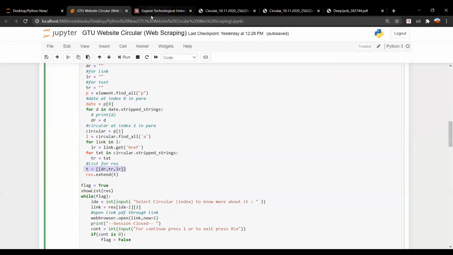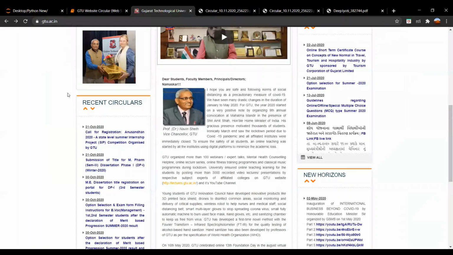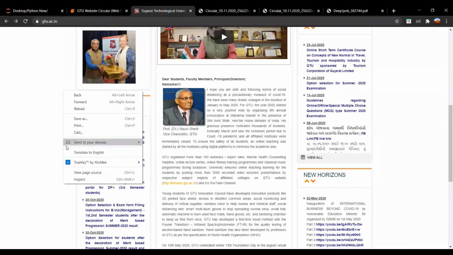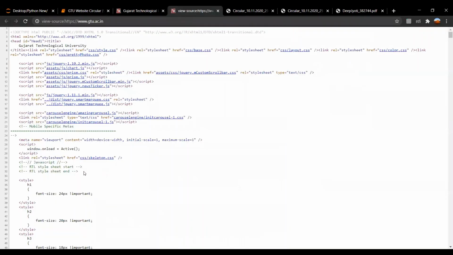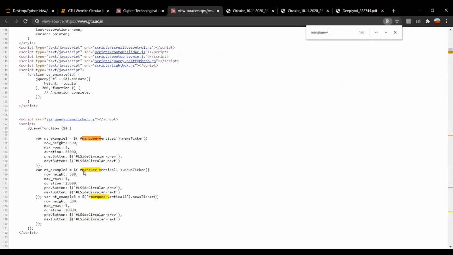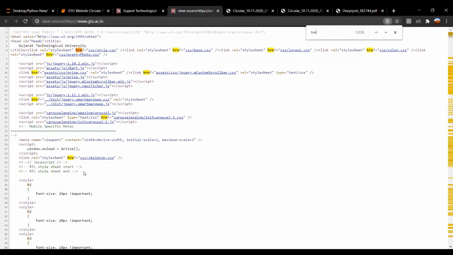Now, coming to the GTU website so that we can get a clear understanding of the MarkUVertical and href, seeing the source code. The MarkUVertical that we discussed earlier, we can see its ID in the source code. And similarly, the href that we have used will help to fetch the link.